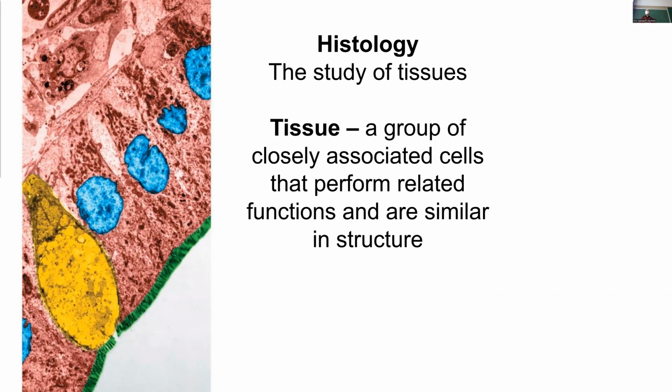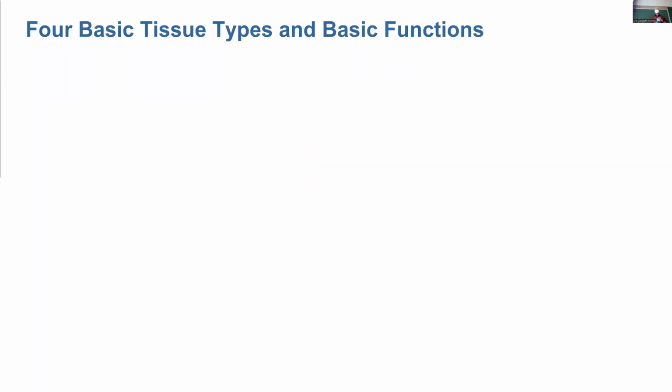And we're going to talk about a whole bunch of different tissue types here in lecture, and then you're going to look at examples of them in the lab on Tuesday under the microscope and learn how to identify those different tissues, learn where they are in the body, and learn a little bit about what they do. So there's 4 basic tissue types that perform 4 basic functions in the body. The first type is called epithelial tissue. And essentially what these tissues do is they provide